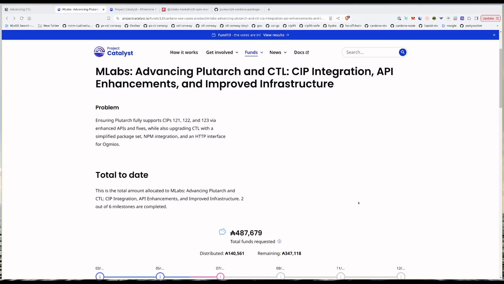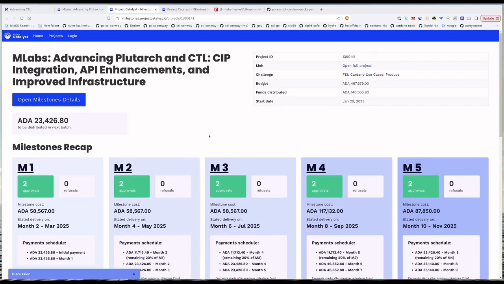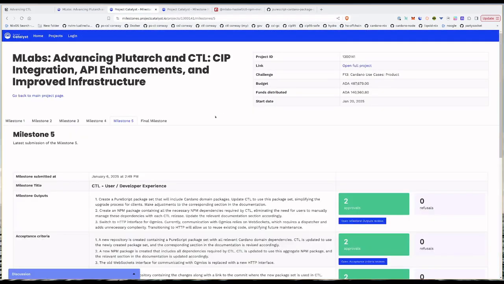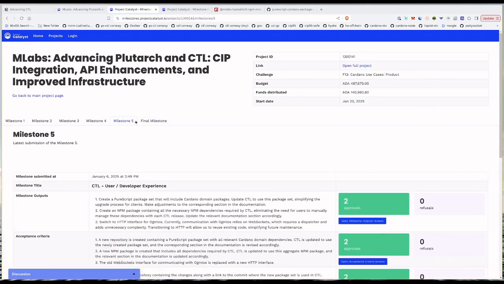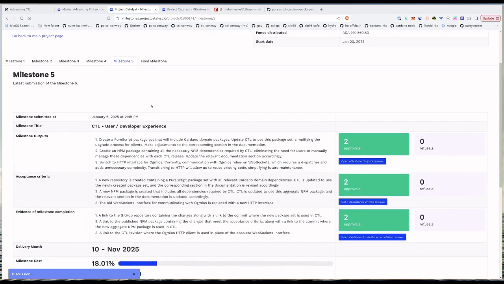In the CTL portion of this project, our goals were to improve the user experience for both developers and adopters, and to further modularize the code base by extracting the query layer, providers, and transaction balancing logic into separate reusable packages. In the fifth milestone, we aim to reduce the complexity of managing dependencies when upgrading CTL to a new